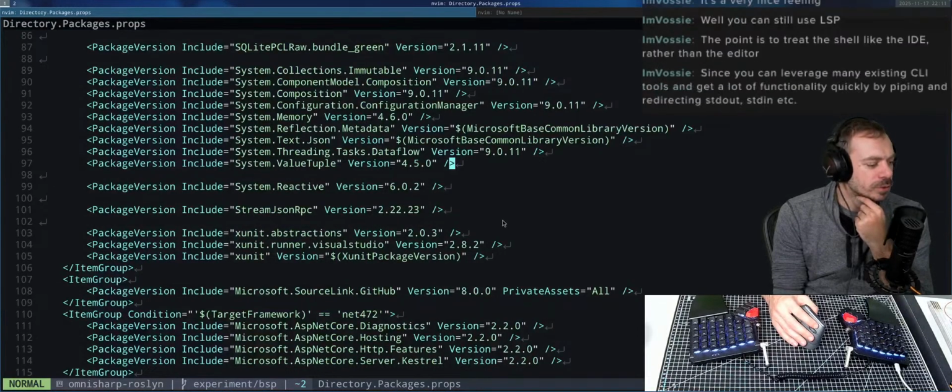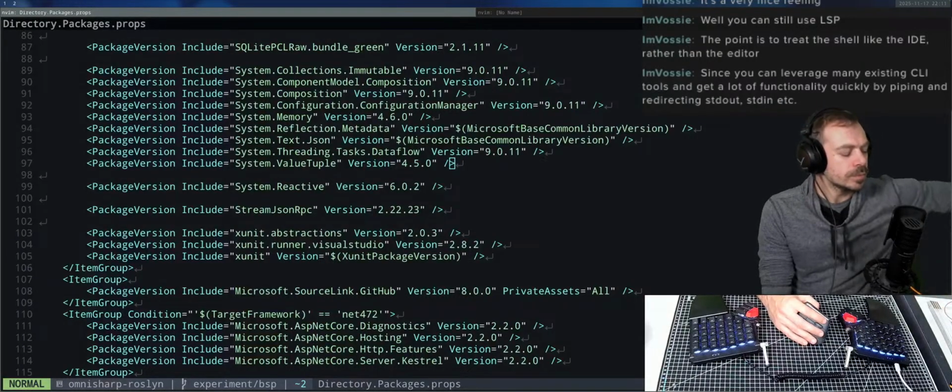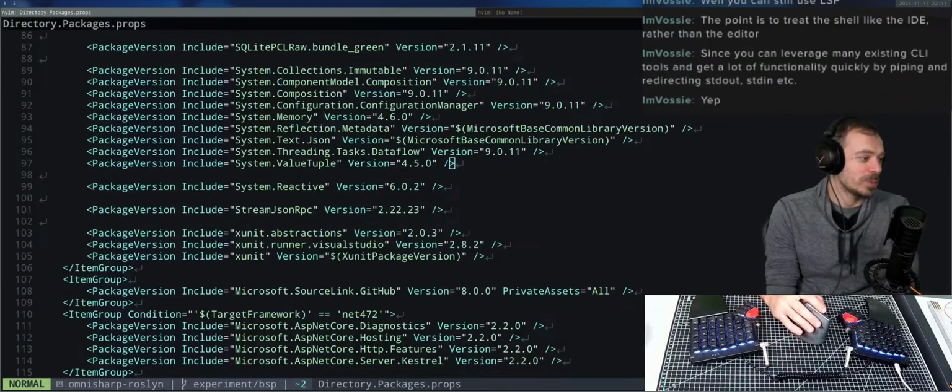So your main focus is more on the shell and using shell commands instead of pimping your editor and staying in the editor most of the time. Yeah, my goal is actually